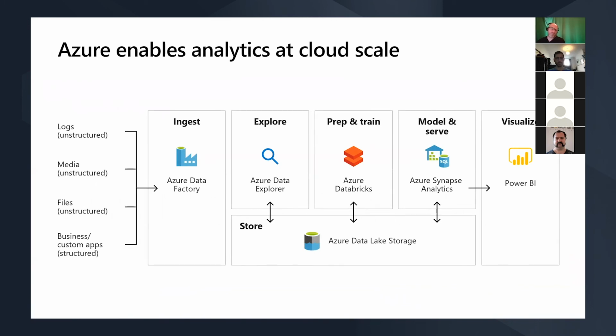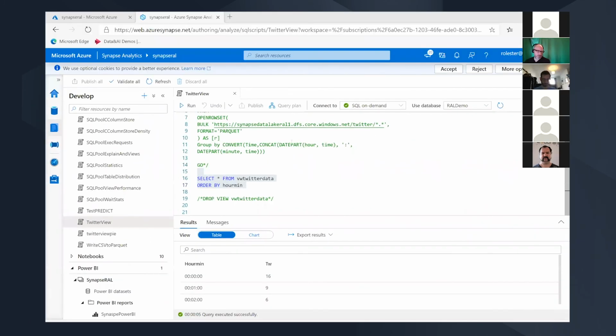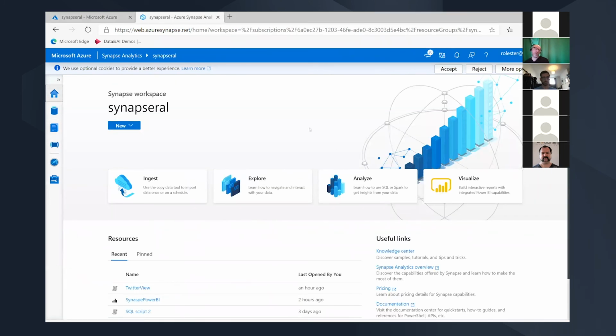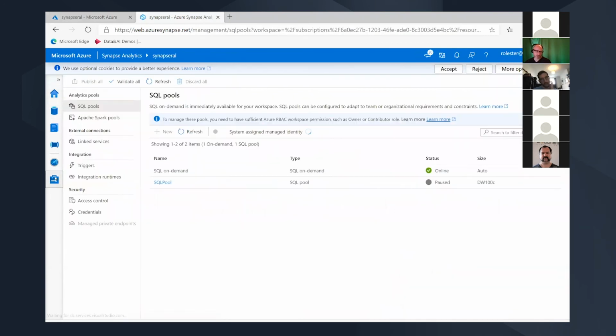So taking on those concepts, I realize we've gone slightly over time, but I'll just show you this. This is Azure Synapse. This is where we've taken this concept of being able to spin up an architecture with all the key components in it that will give you the different ways of holding your data, different ways of running compute on your data, all the way from ingestion up to presentation. So we have inside it